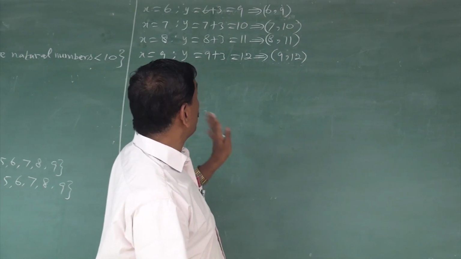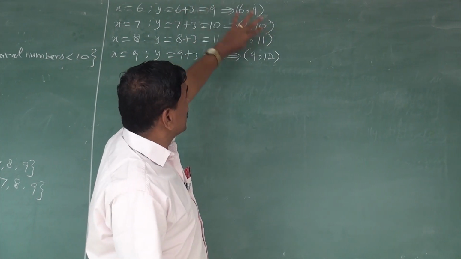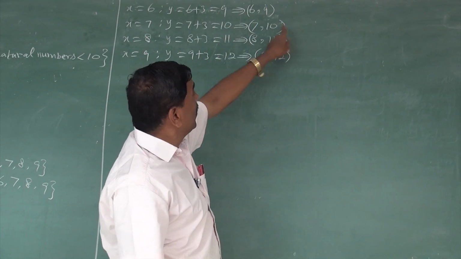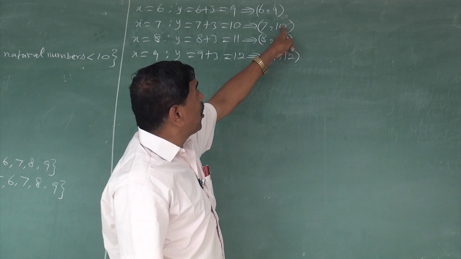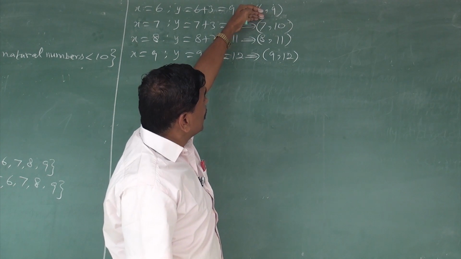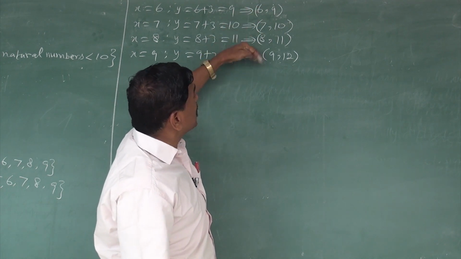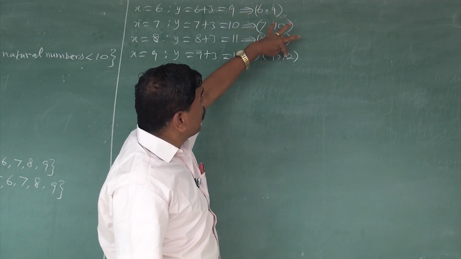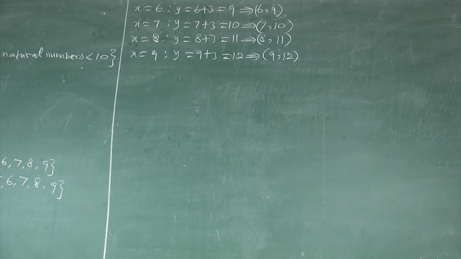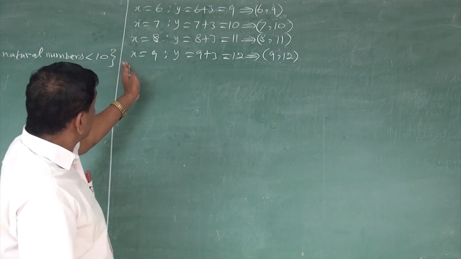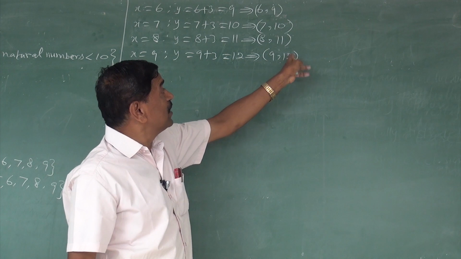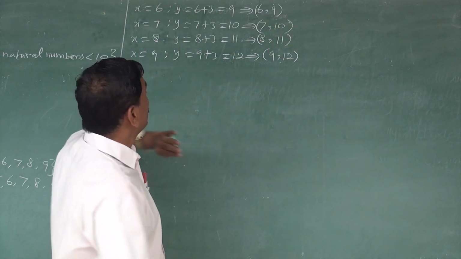So remember, no one found that mistake. Listen, here x and y can take the values 1 to 9. Here 7 comma 10, where 10 belongs to y, and y cannot take 10, as well as 11 and 12. So you are not listening correctly. The last 3 are impossible, because 10, 11, 12 do not belong to the y values. So up to 6 only. x can take up to 9, but y cannot take 10, 11, 12. That is why the last 3 are incorrect answers.